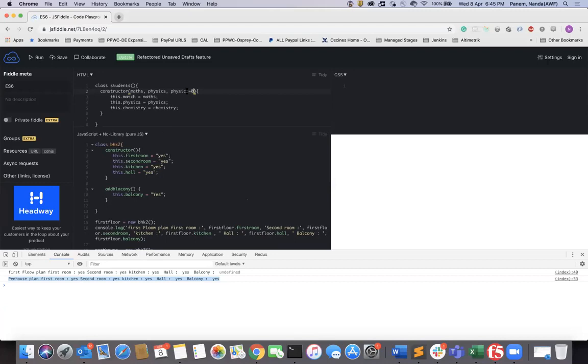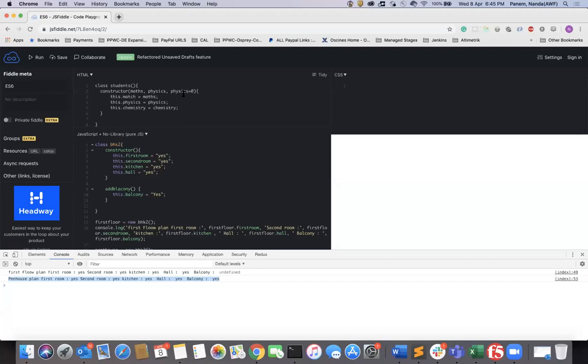At that time you can add 0 directly. If you are not passing this parameter, by default it will take 0. So this is the concept called default parameters in ES6. This is the concept of classes and this is the concept of ES6.